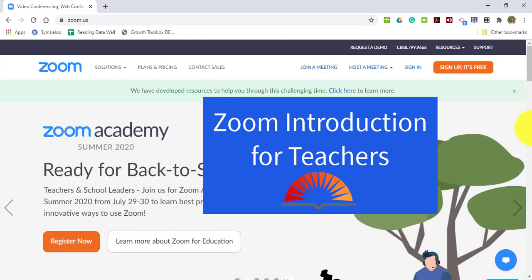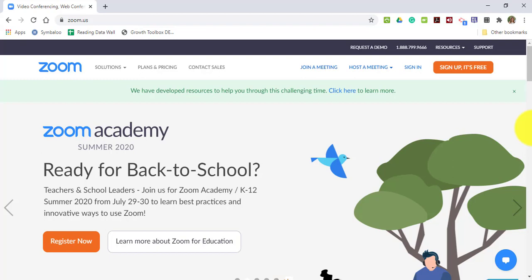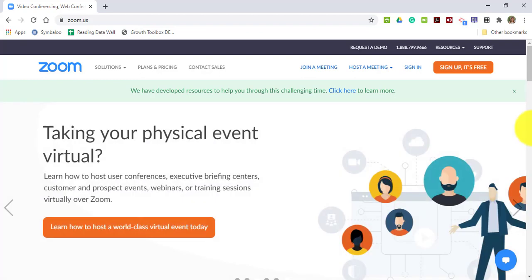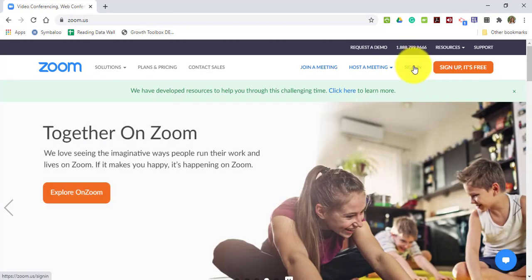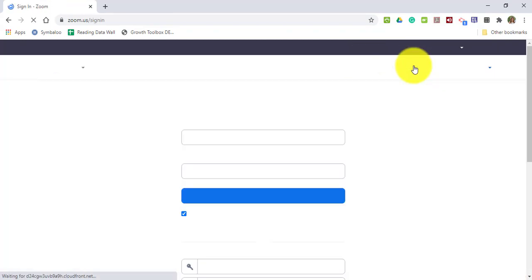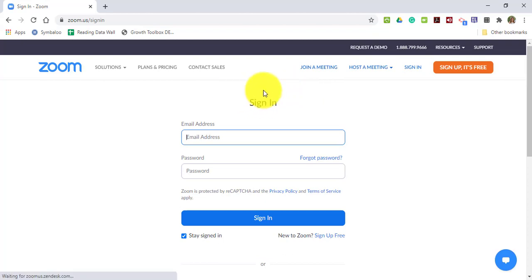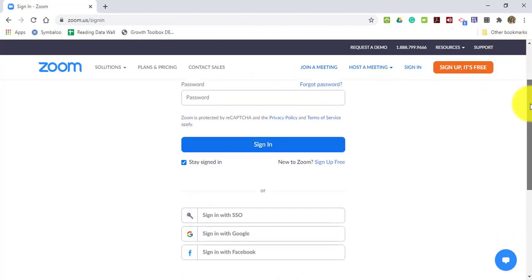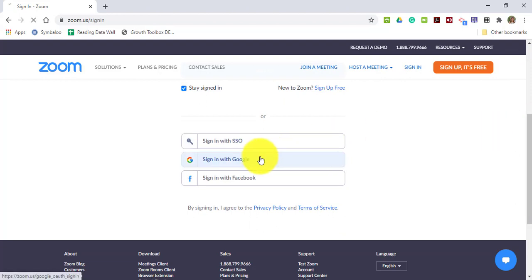If you are wanting to start a Zoom chat with your students, whether that be small groups or whole group, any of that synchronous time with your students, you are going to come to zoom.us. If you are not already signed in, you want to click sign in, and instead of entering your email address and password, you can scroll down and sign in with Google,